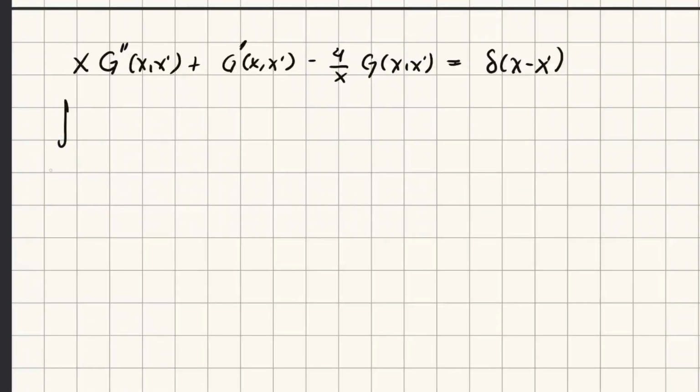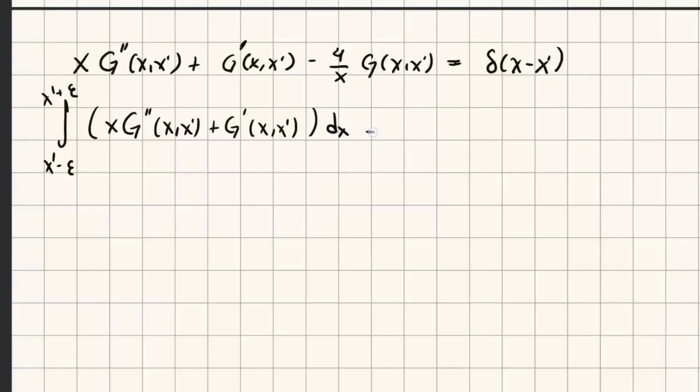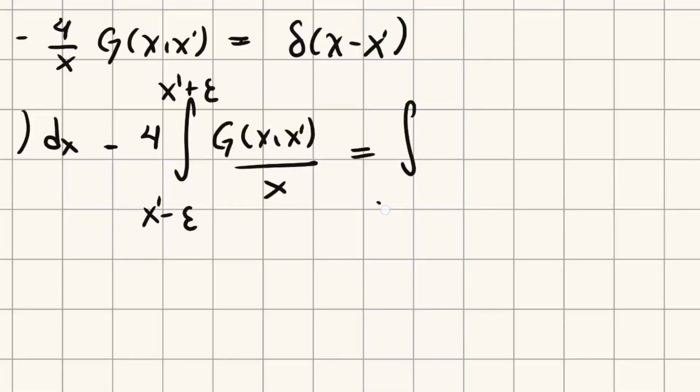It will be the integral from x prime minus epsilon to x prime plus epsilon of x g double prime of x comma x prime plus g prime of x comma x prime dx, and then minus, let's say, 4 times the integral from x prime minus epsilon to x prime plus epsilon of g of x comma x prime divided by x, and this is equal to the integral from x prime minus epsilon to x prime plus epsilon of the Dirac delta